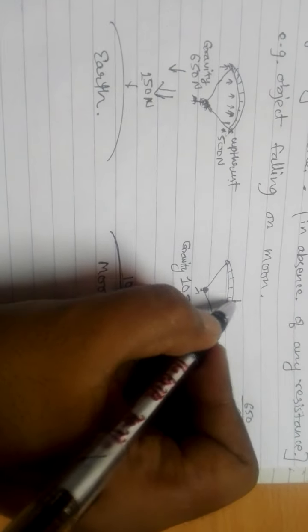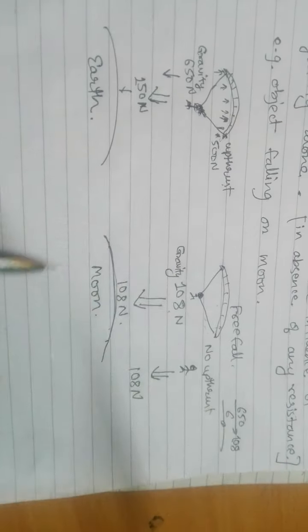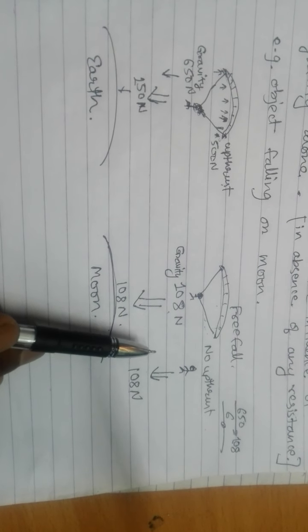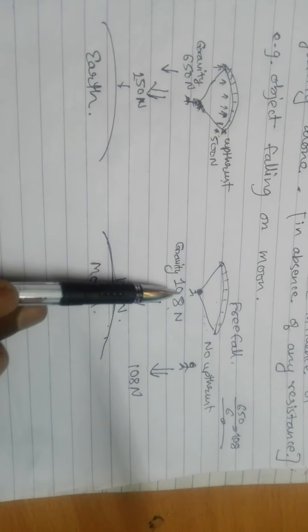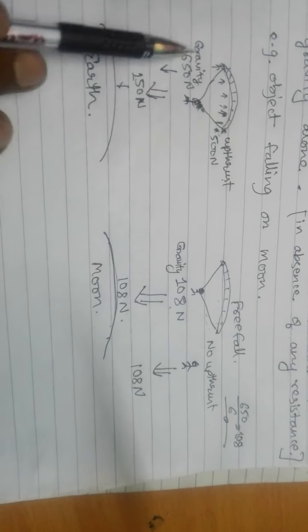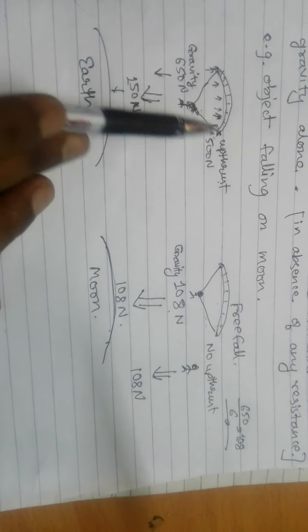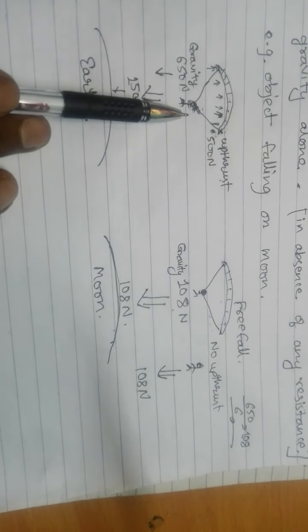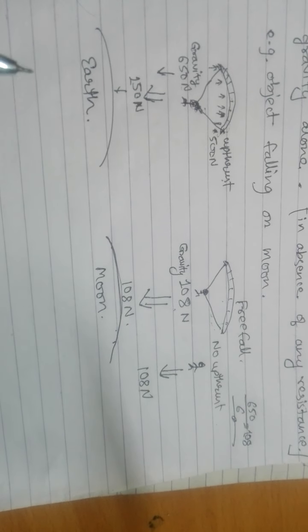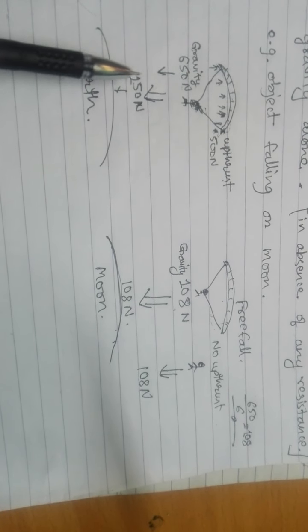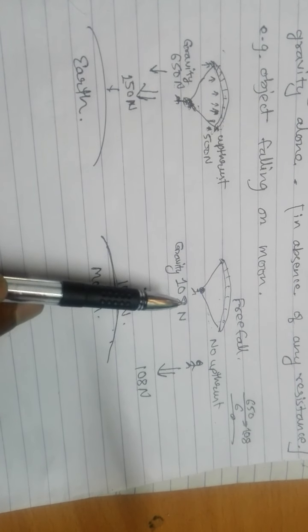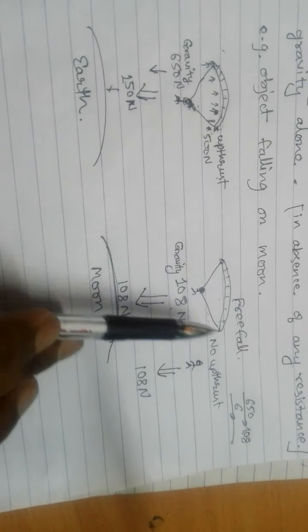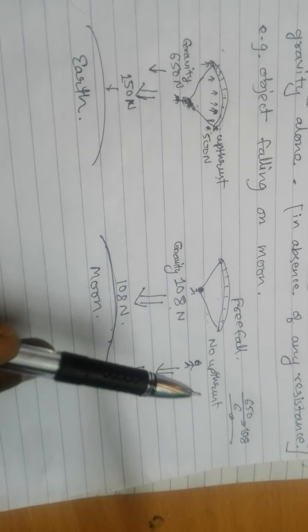So this is the case of free fall. There is no upthrust or air resistance. Whether you are with a parachute or without a parachute, you fall under the influence of gravity alone. But on earth, if you jump without a parachute, you might be near free fall, but with a parachute it is not a free fall. That is why on earth you might safely land with a parachute, but on the moon that is not so. On the moon, whether you jump with a parachute or not, it is the same.